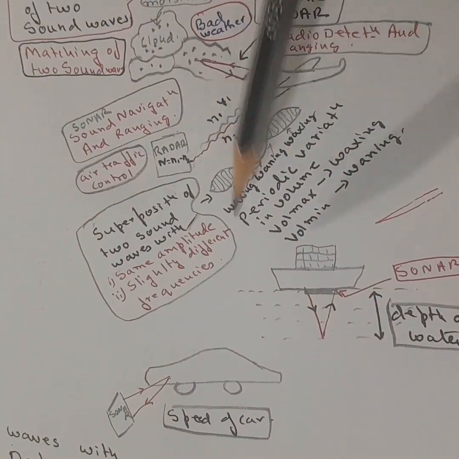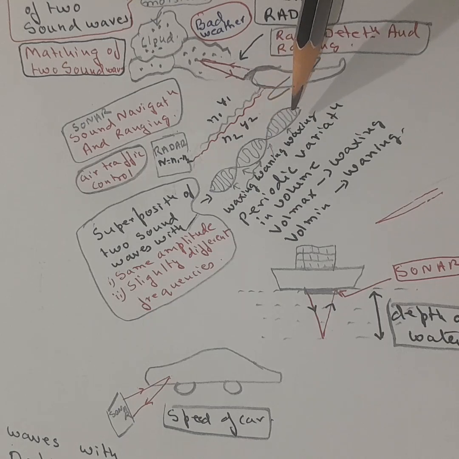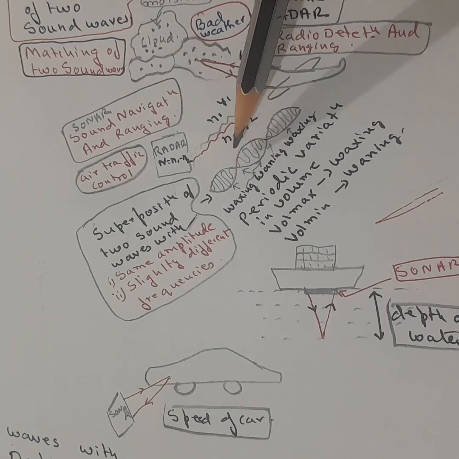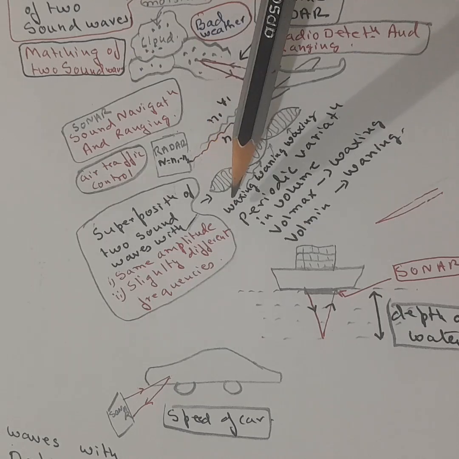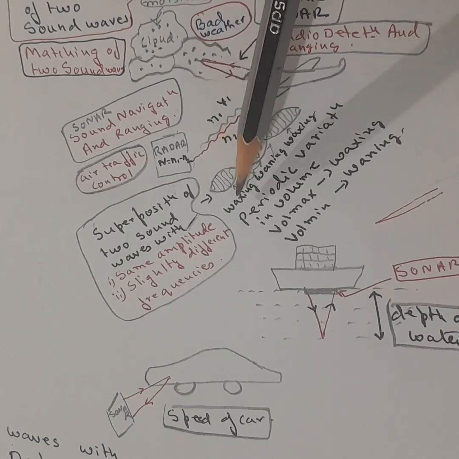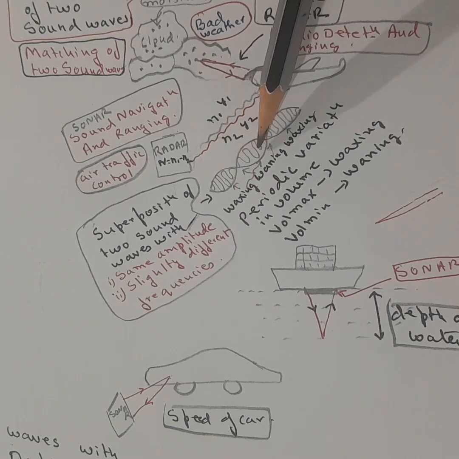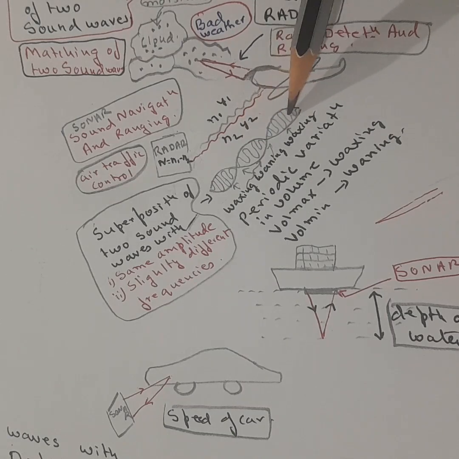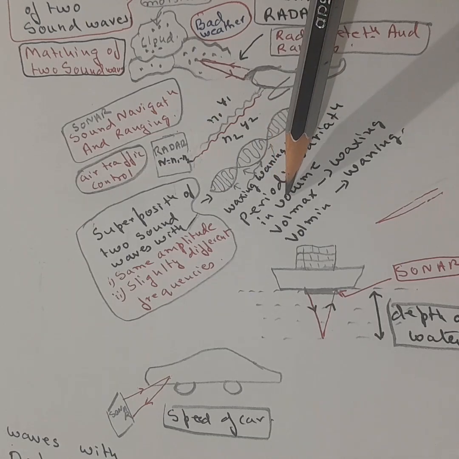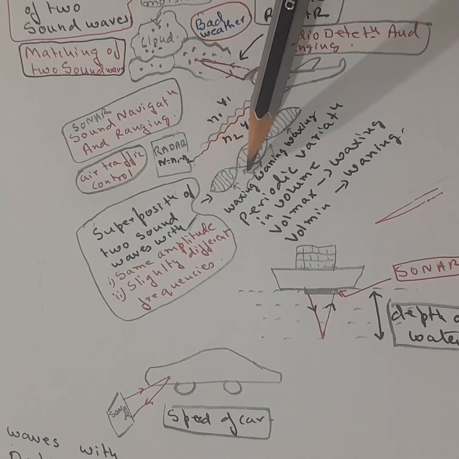So what we end up with is this type of wave. There is waxing, maximum, and then minimum, maximum, then minimum, maximum, and minimum. Whenever there is a maximum, it is called waxing, and a minimum is called waning, then again waxing, then again waning, and then again waxing. Now what is this called? This is a periodic variation in volume. You would find that the volume would increase and then decrease, and then increase and then decrease, and this will keep on happening.